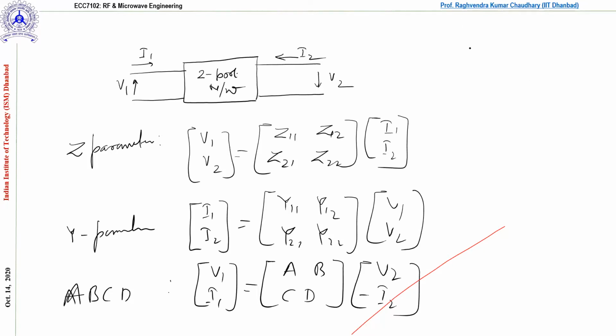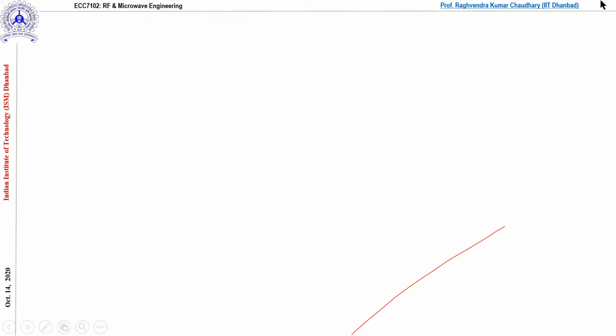Okay, so this ABCD parameter is very important. Now we already have a very good background of the two-port network, and we already studied these parameters. Now, what is the use of the S parameter? We need to rethink here. Why do we have to study the S parameters? Whatever we have seen, these parameters are characterized using the total voltage and current appearing at the terminal.